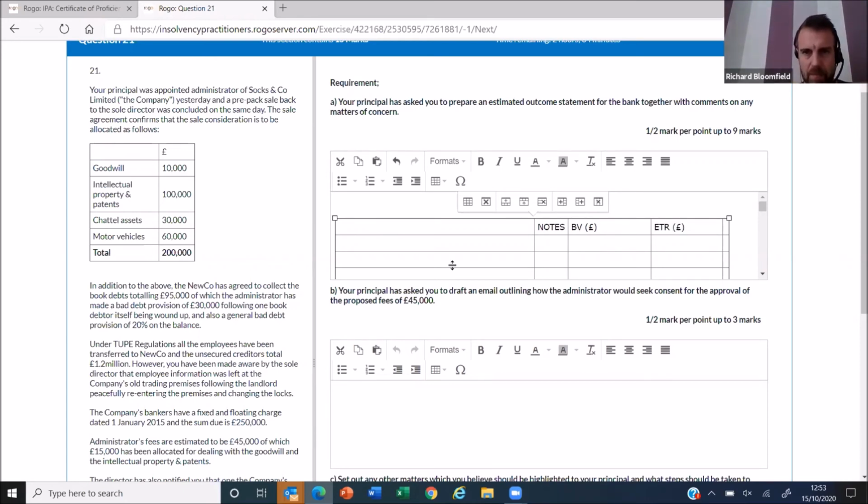Done. Now, pretty simple now. Estimated outcome statement, you're going to have fixed charge assets. At this point, I quite like my titles in bold. You can control V if you really want to lay it out neatly. It's not the end of the world if you don't,